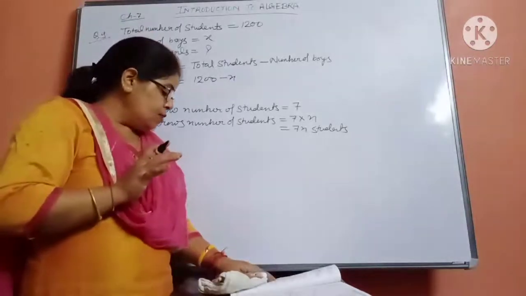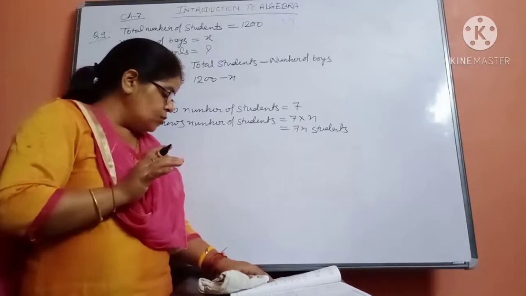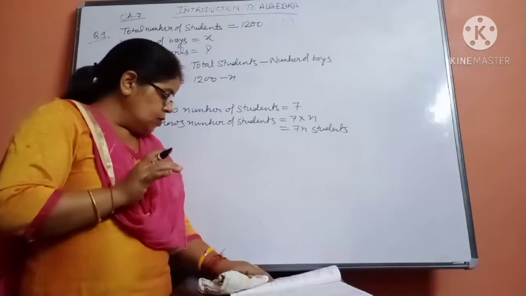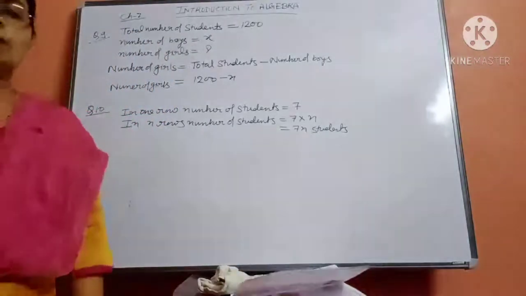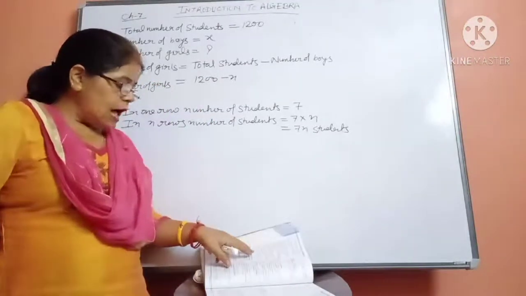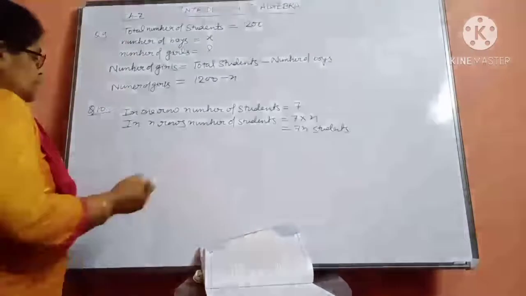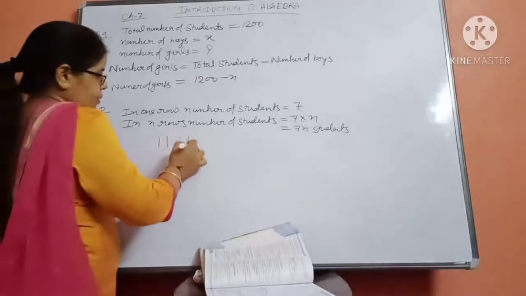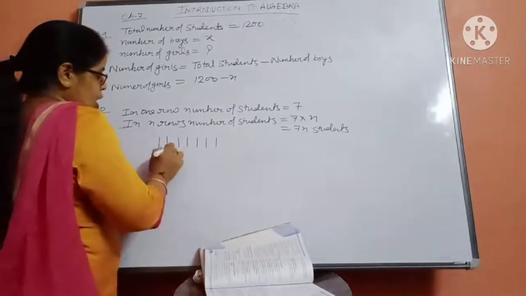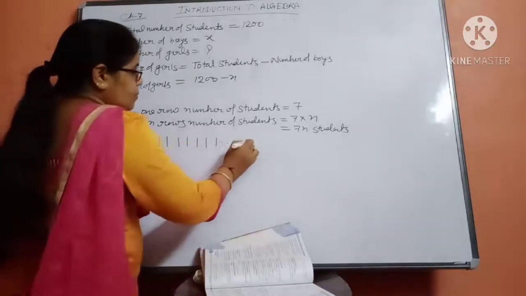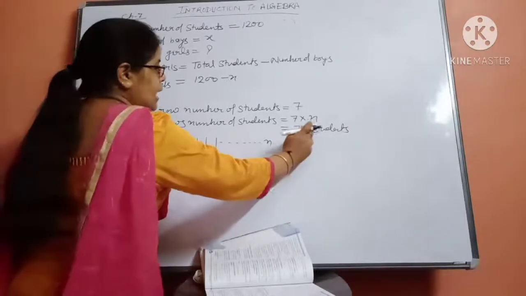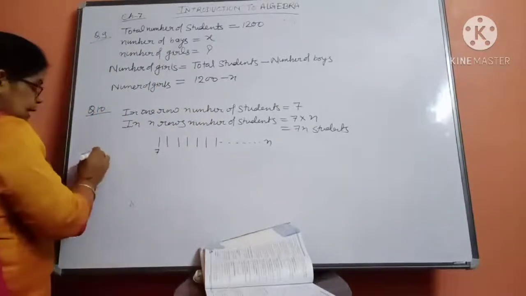Now what does it say? Find the number of students in 7 rows, B 10 rows, C 12 rows. Now beta, see that the answer has not been completed yet. We discussed that n rows are there. Suppose these are n rows. In one row 7 students were there. How many rows are there? We don't know. Like that, many more rows are there up to n. So how many students will be there? 7n students. Okay.